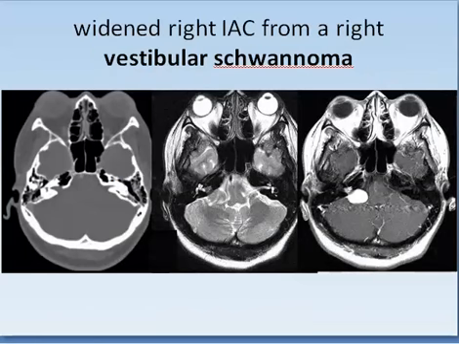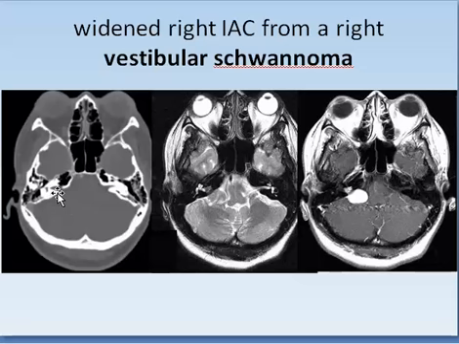Here the widened right internal auditory canal compared to this side. Beforehand we were doing the posterior anterior film, and we tried to get the petrous bone inside the orbit, the conventional X-ray, and we can check the canal on either side. If there is any difference of more than 3 millimeter, it is considered pathological. So the CT makes it easy for us.